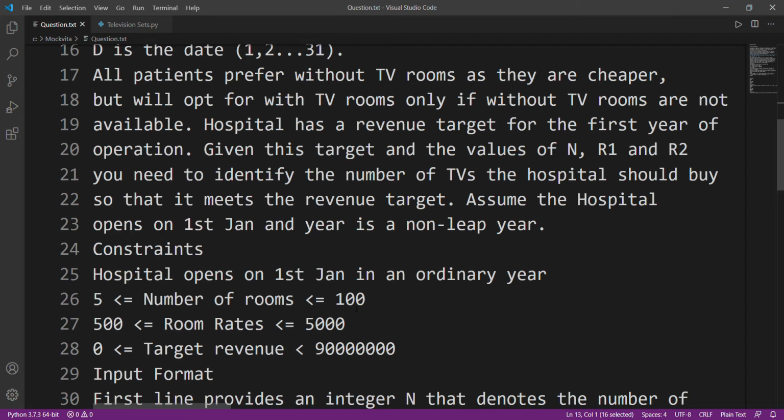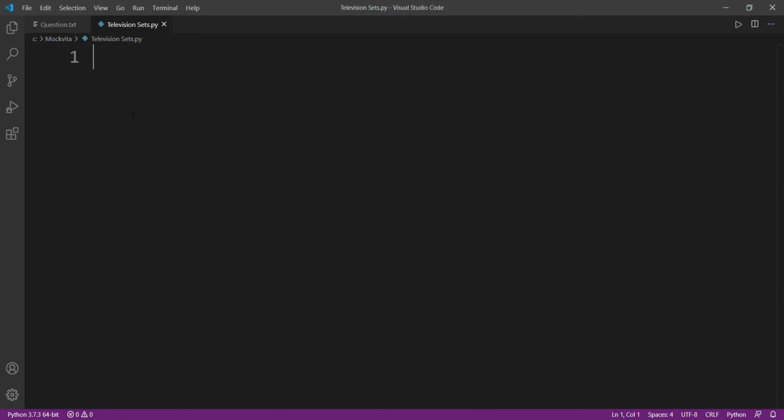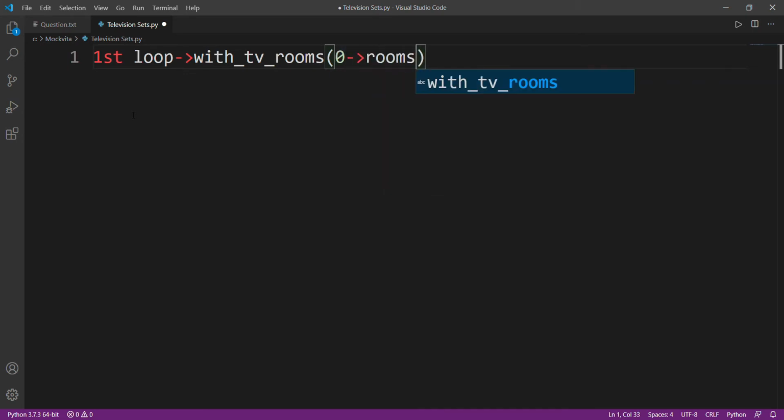So what I am thinking is I need three loops. My first loop will iterate over with-TV rooms. Its value will vary from 0 to the total number of rooms we have been provided with.